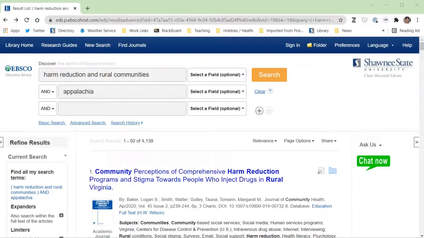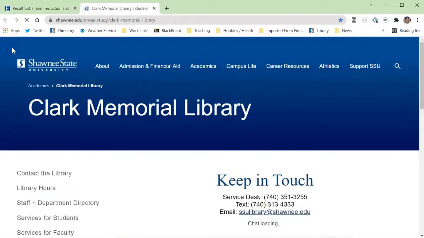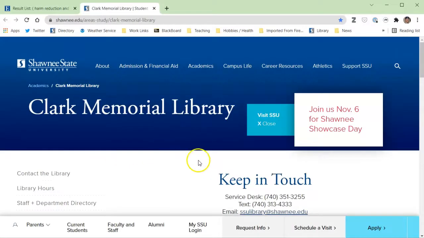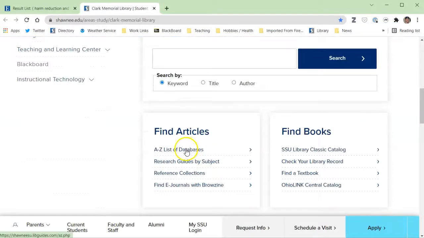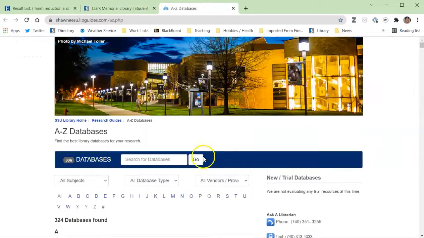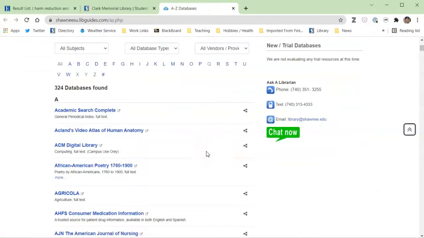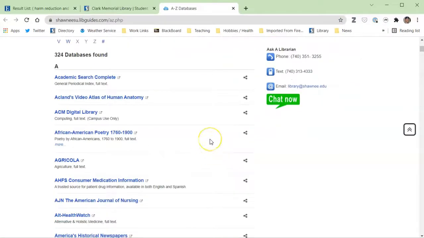If you're watching this video right after watching the video about using the Discovery Service, you want to get back to the library home page. So you click Library Home, and to get to the A to Z list of research databases, you scroll down to A to Z list of databases. And here you have, my goodness, there are so many databases that the library is kind of hooked up to. Some are unique to specific journals, so